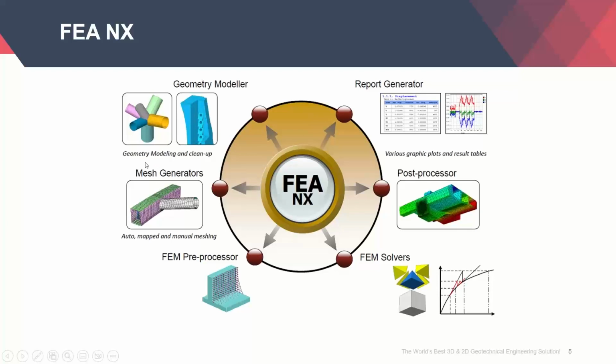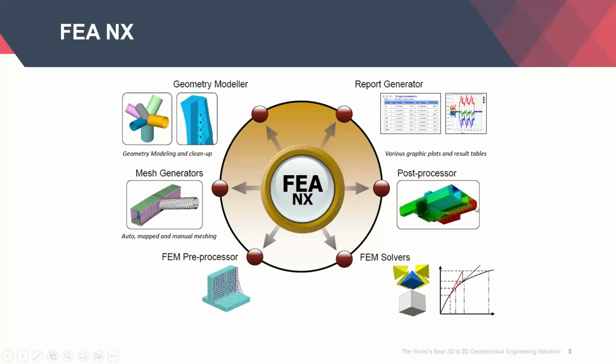From there, we go to meshing. FENX supports auto meshing or map meshing and also the manual meshing mode. Then the preprocessor for FEM, it develops the boundary conditions, the loading conditions, and then the analysis cases definition. So pre-processing is anything that comes before the actual solving of the equations start. So for the equation solvers, we have the two meshes which convert the geometry into the FEM model.